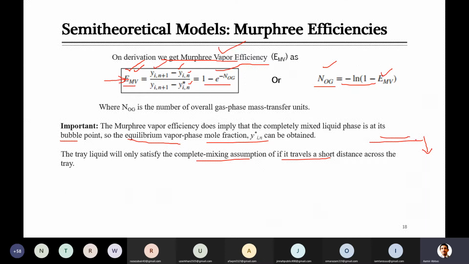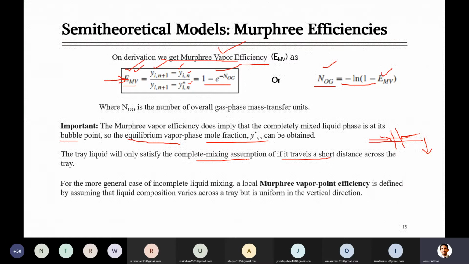So due to this reason, as we studied yesterday, to avoid such problems we go for more than one passage, so that we can consider that the liquid travels a short distance, and this can be collected and then moved towards the next stage. In that case, when there is short-distance travel, this assumption will be valid, and the efficiency, if you calculate it using these equations, will be close to reality and the error will become less.